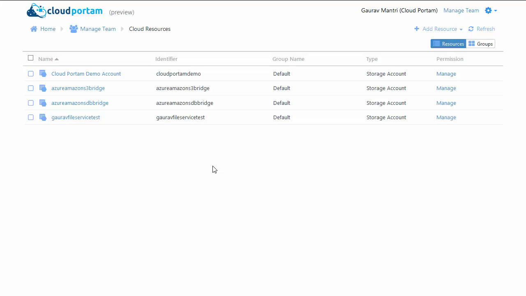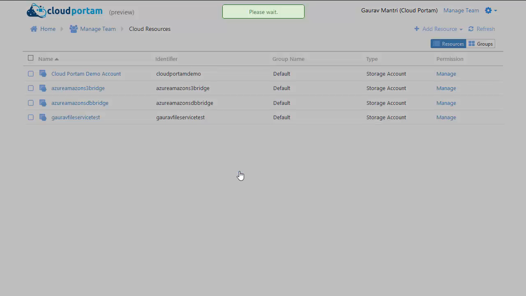So right now I'm sitting at the Cloud Resources dashboard. As we saw in the walkthrough for adding an Azure Storage account, you can click on this button and select Add Search Service Account, or you can right click anywhere on the empty area, and from the context menu click on Add Search Service Account.